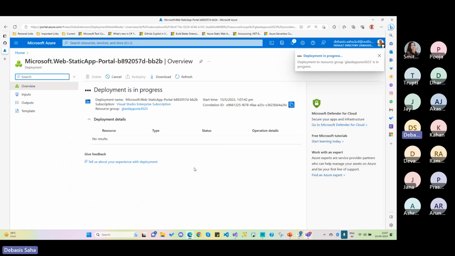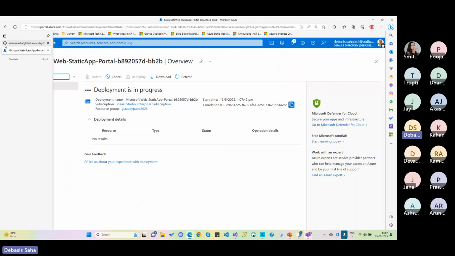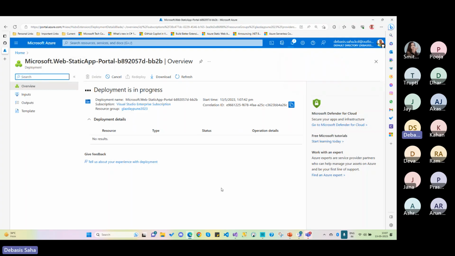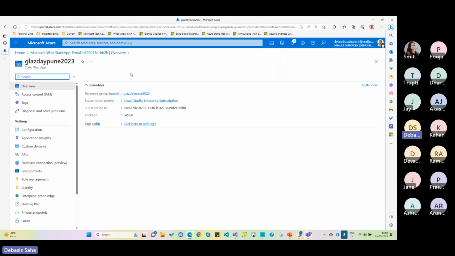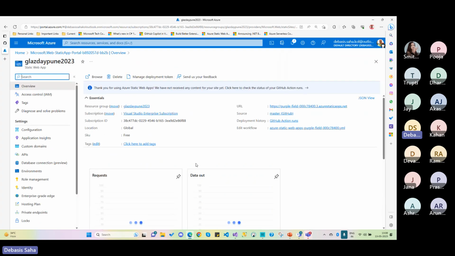So once the resource is created, then we need to cross verify whether the deployment is done or not. Normally the deployment of an Azure Static App is much faster. As you can see, the deployment is completed. Now, if I click on the Go to resource button, it will navigate me to the Azure Static App resource,